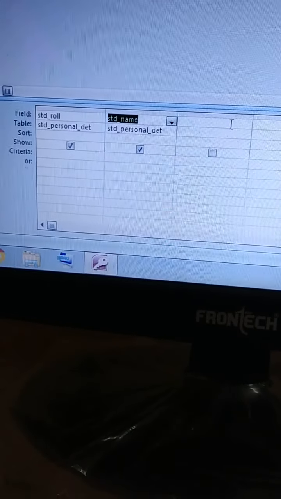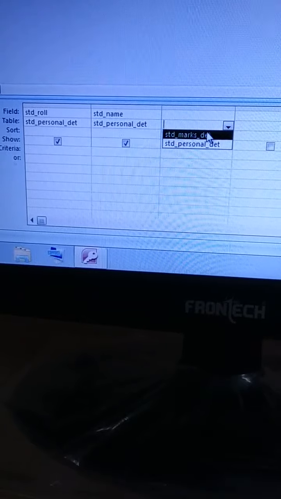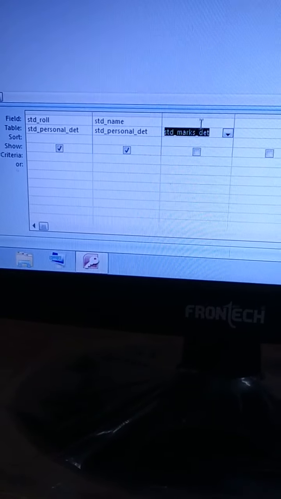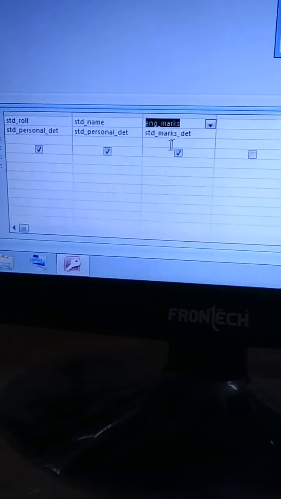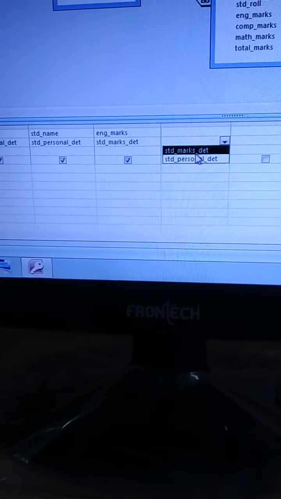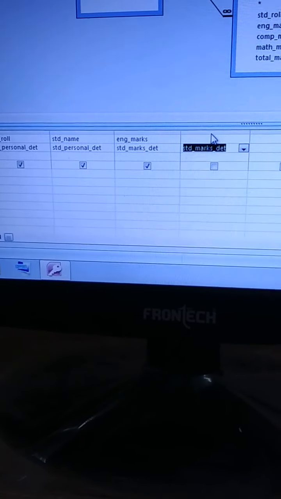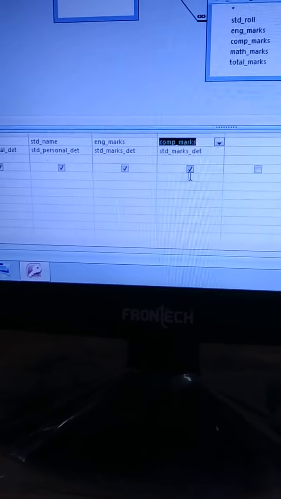So from here select the table first, that is the student marks details table, and the field, that is English marks. Then again select the student marks table and the next field, that is computer marks. These are all that I want to display in my next query.